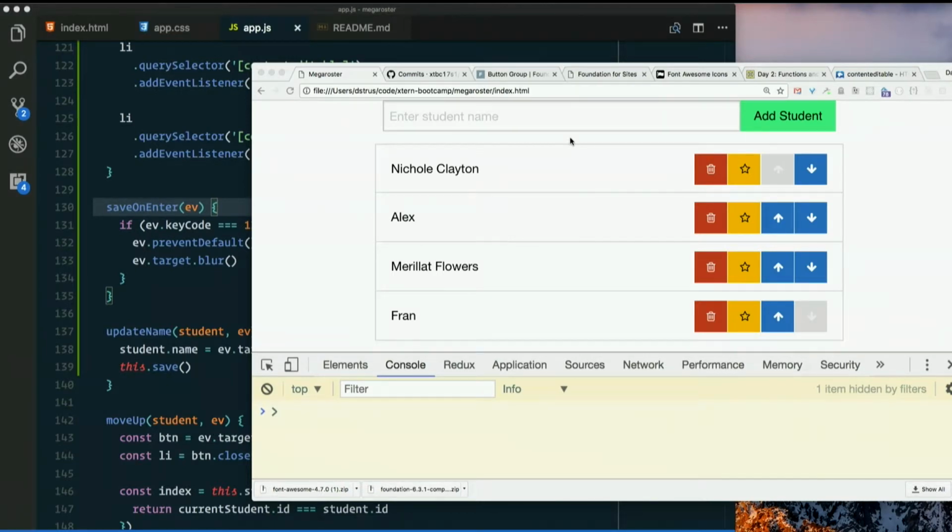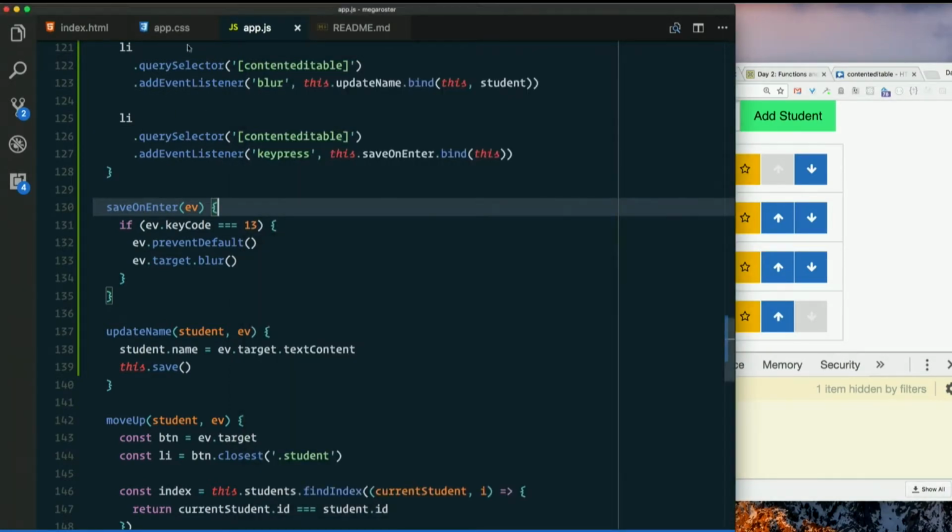Because right now you would never know that these are editable, would you? There's nothing to indicate unless you just happen to click on one and then you see, oh, I guess I can do something to this. So what sort of clue could we give to the user? How about when you hover over one, if your mouse happens to go over an editable area, it gives us a little outline to let us know. So in our CSS,